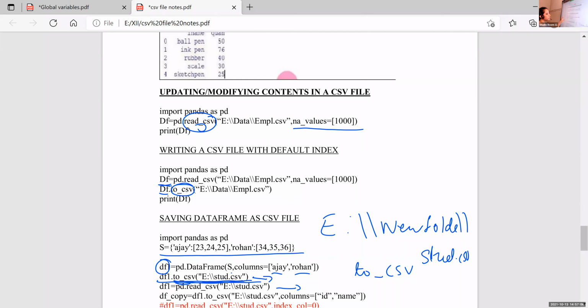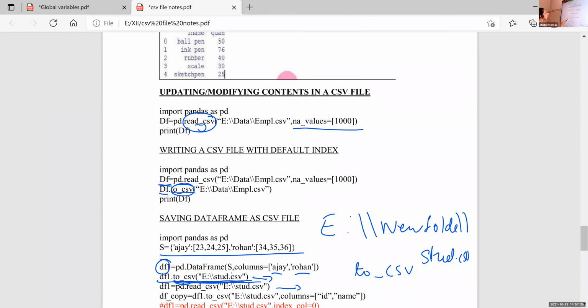Series is not commonly used because data frame is the tabular, 2D representation. So we use data frame for the CSV file representation. So for writing content to a CSV file, the statement used is to_csv.